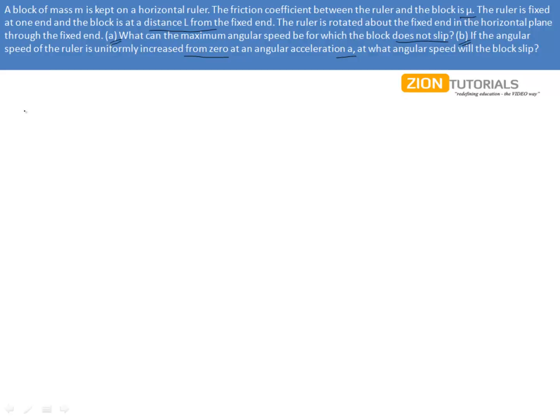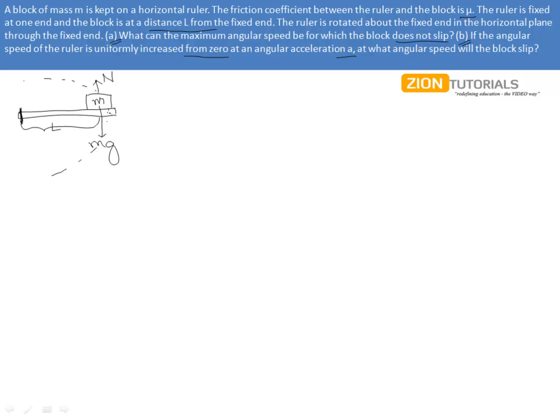Now, if we draw the diagram, then we have the ruler over here being fixed at this point and having a block of mass m at a distance L. Now, we can say that there is an mg force here, and a normal reaction here. Now friends, when this block will be moving,